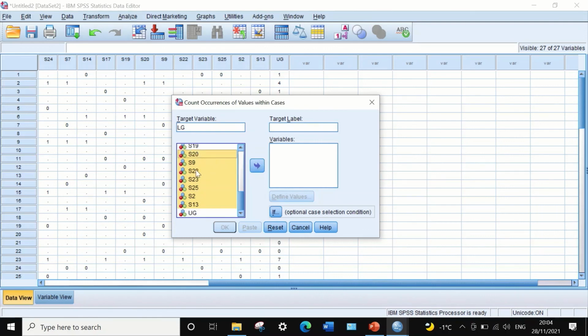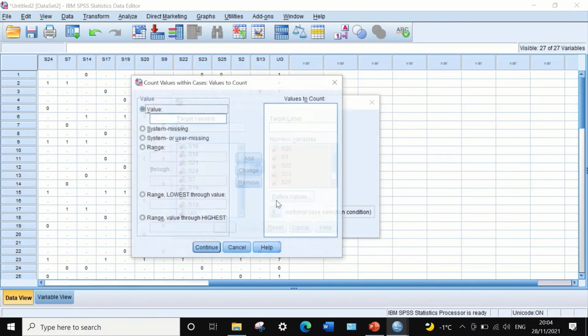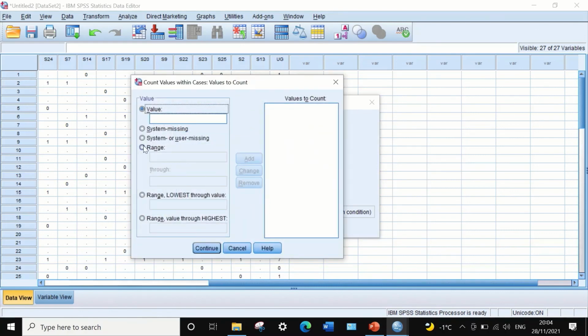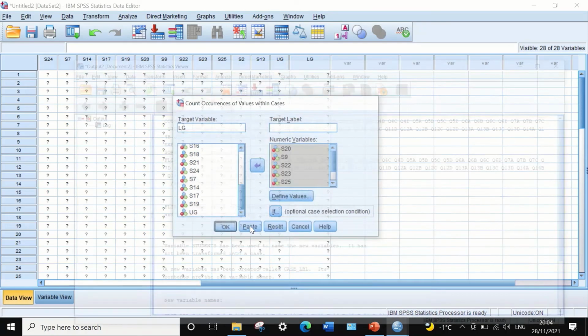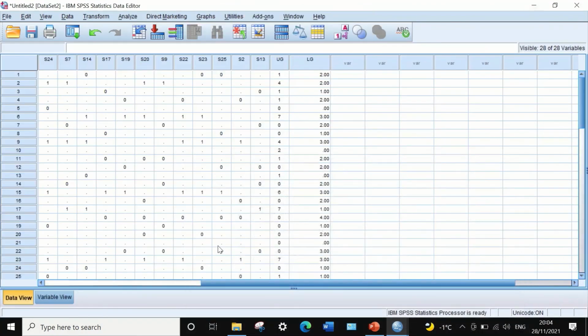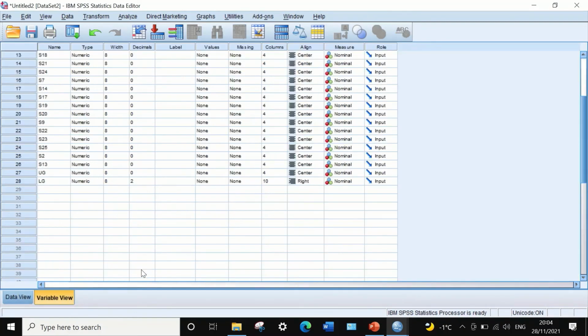Drag it and move it to the variables, and then in the define values, click on the range, insert a 0 and then insert 1, and then click on add and then click on continue, and then click on OK. And again another variable is generated on the right hand side here. Going to do again a few edits here, reducing the decimal to 0, the width to 4, and the data